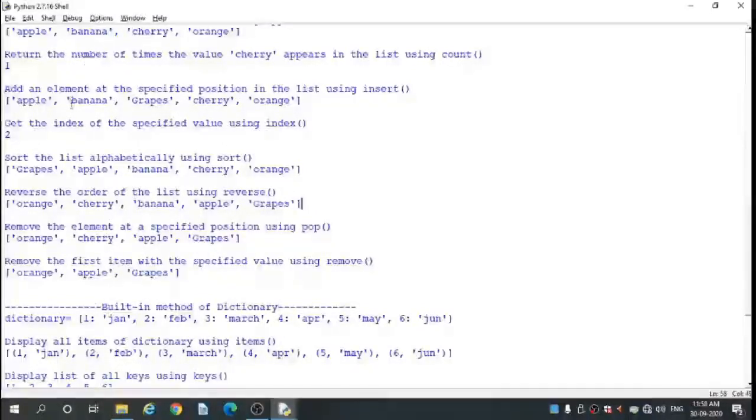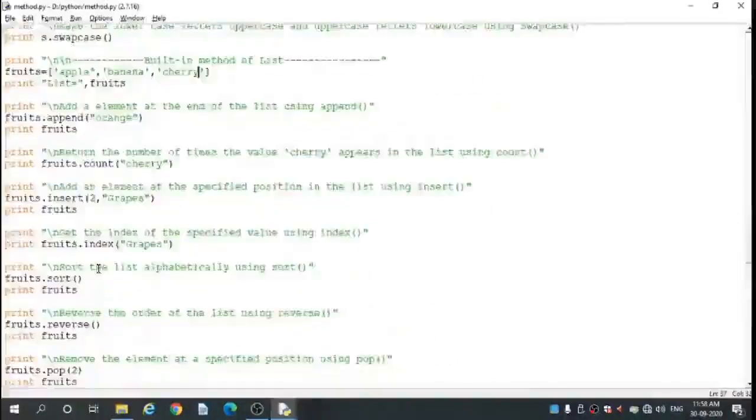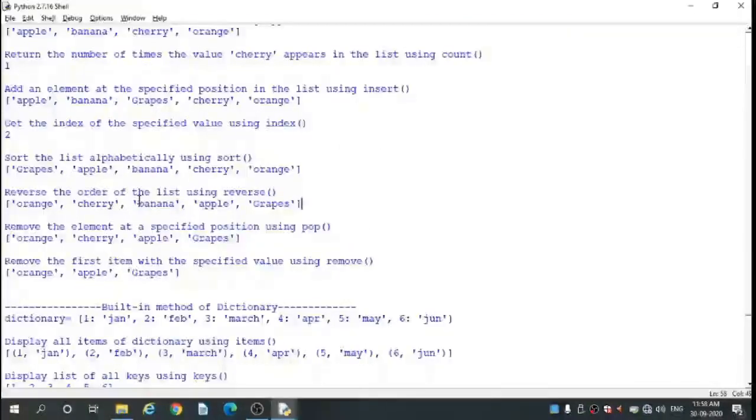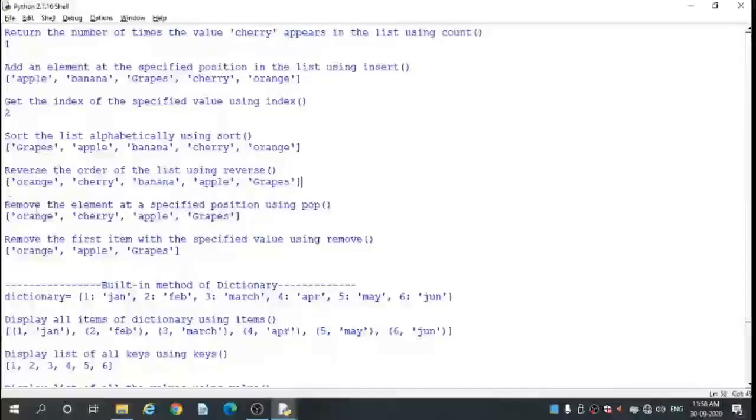So here check the list, the second position is banana. So here banana item is deleted. So here remove the element at the specified position using pop method. So here orange is there, cherry is there, apple is there, and grapes is there, and the banana item is deleted.